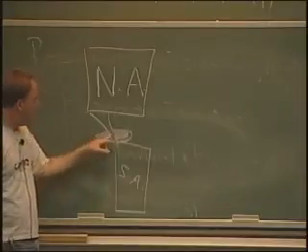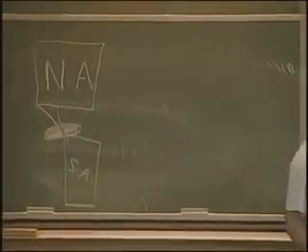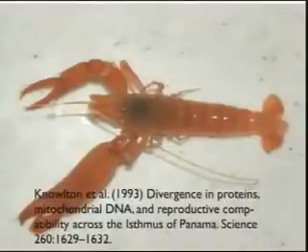And the interesting thing is you can actually date when the gene flow must have been turned off, 3 million years ago. And many of these geminate pairs have been studied many times. But here's an example from 1993 where Knowlton et al. looked at divergence in the snapping shrimp and found all sorts of divergence in the proteins, the mitochondrial DNA, and there was reproductive isolation, reproductive incompatibility, between the two species on both sides of the isthmus. Right? But here'd be an example, we think, of a vicariance event.